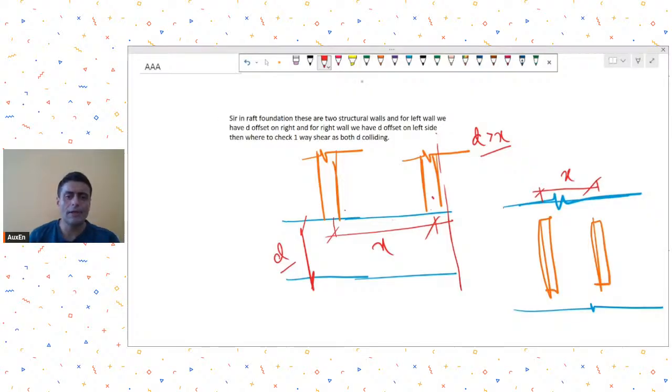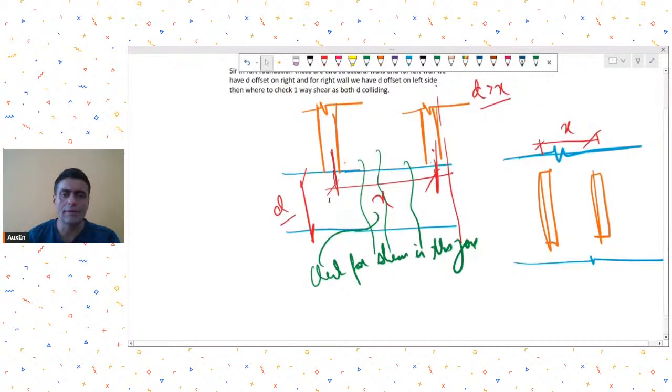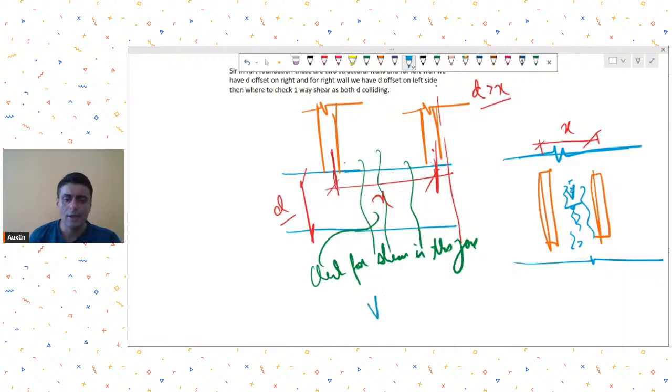So in such a case, what practicing engineers do is that because these are quite close to each other, they will check the shears in this zone. So you check for shear in this zone. Let's say you have made an analysis model in STAAD or ETABS or whichever software you have made it. So you check shear in these regions. Now, when you are checking shears in these regions, suppose you got some V value, or for example, you got some stress value. Now, to compare this,